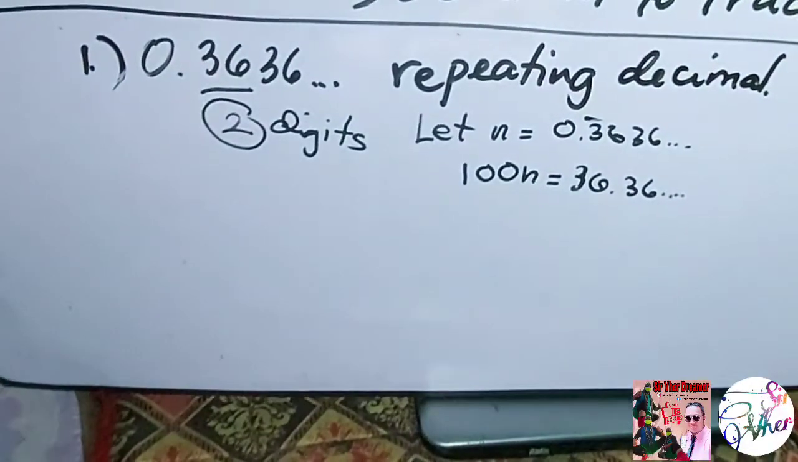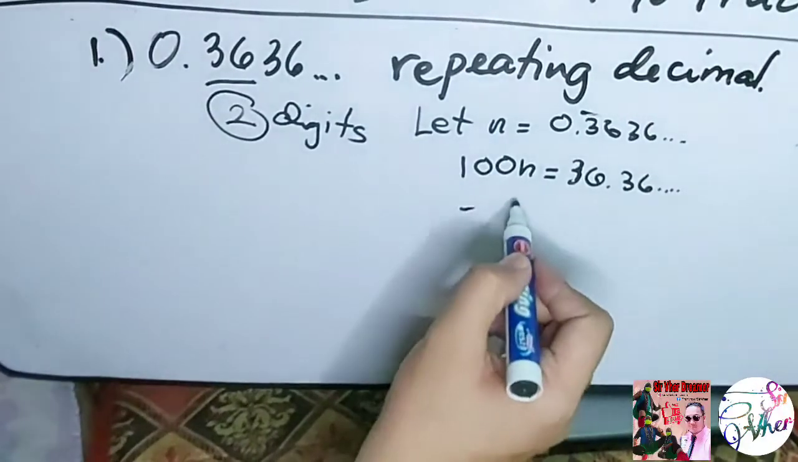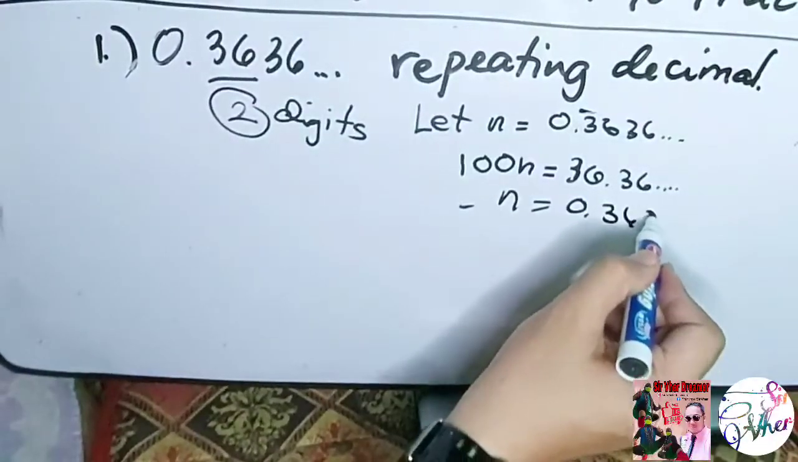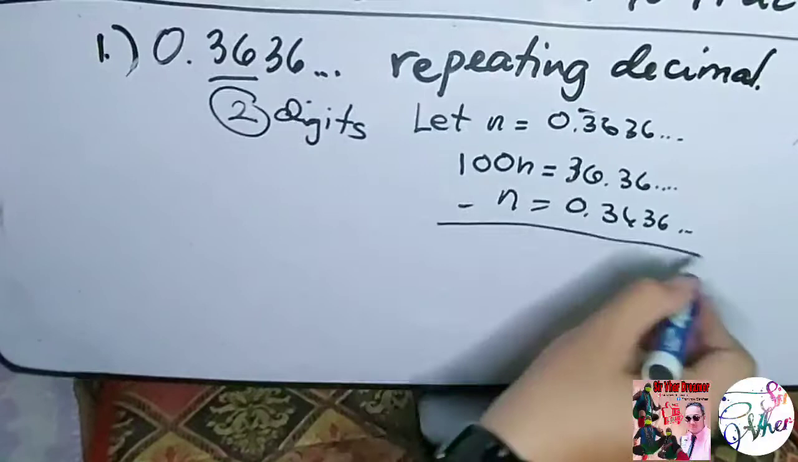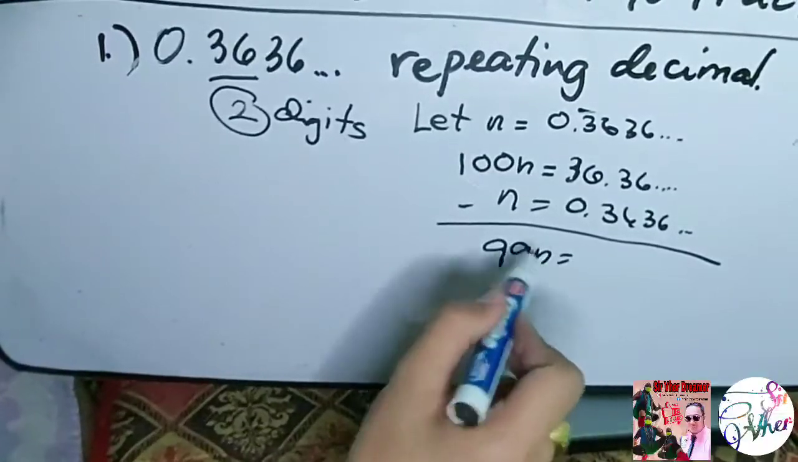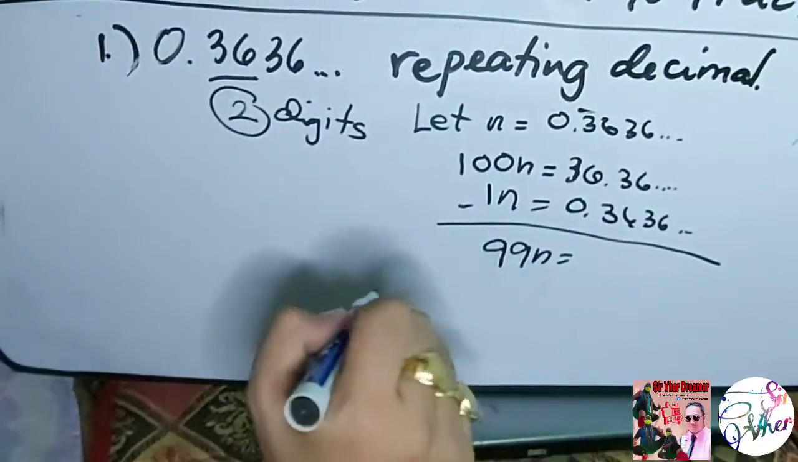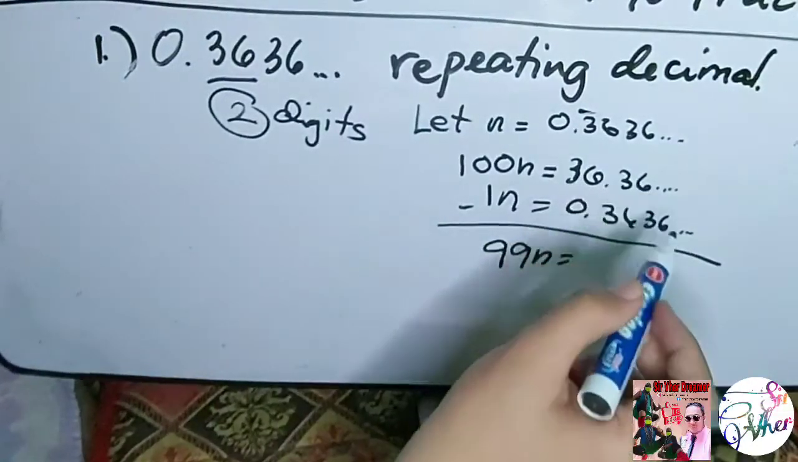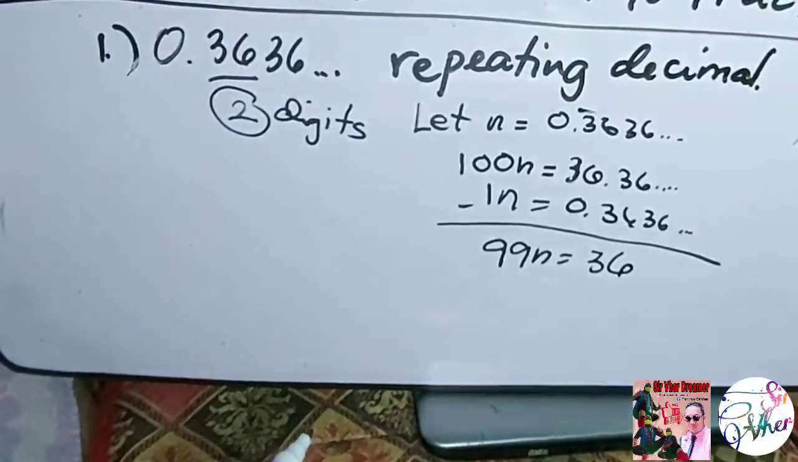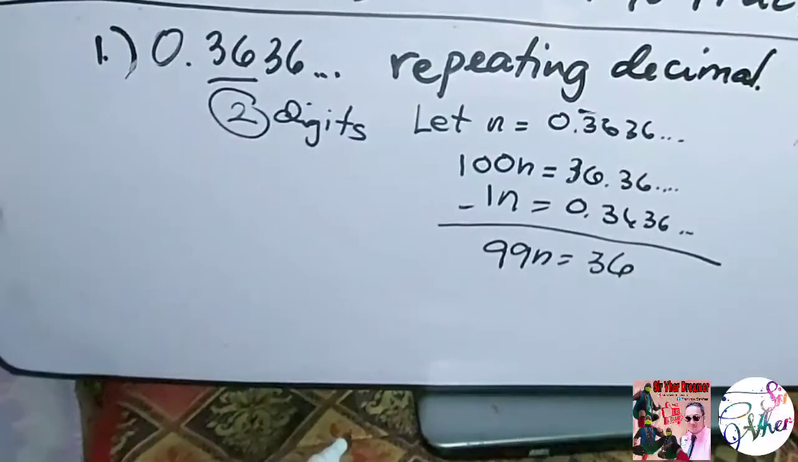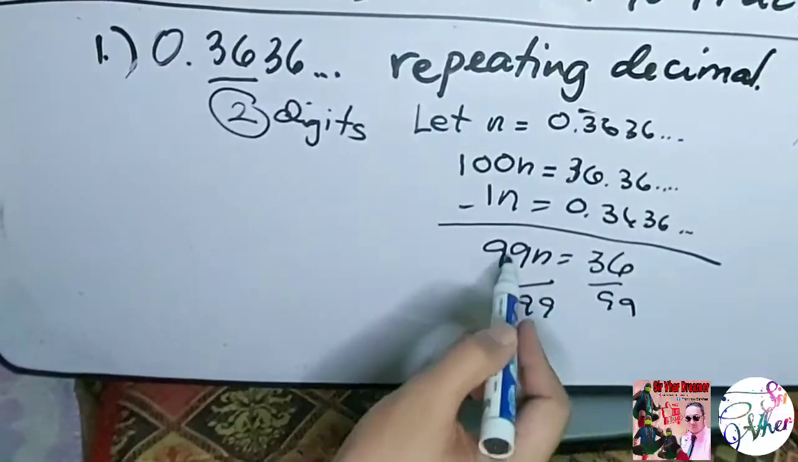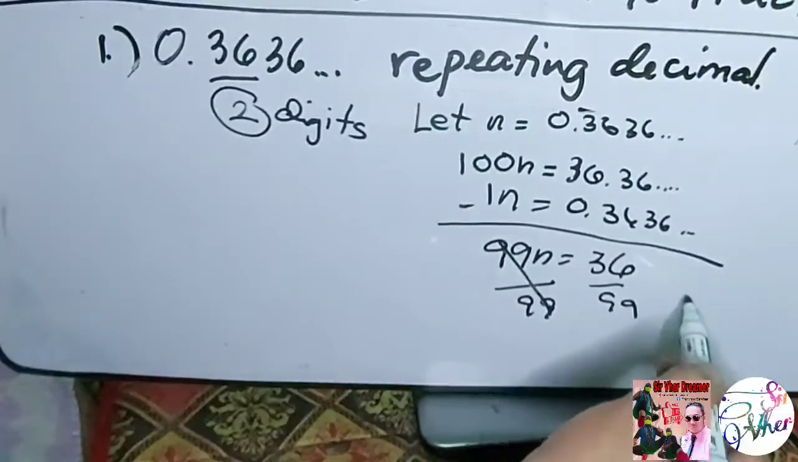What's next? We are going to subtract n, which is equal to 0.3636... Now subtract. What is the answer? 100n minus n is 99n. Again, it is understood there is a 1, so 100 minus 1 is 99. And 36.3636... minus 0.3636... the answer is 36. The next step is to divide by 99, so what remains is n equal to